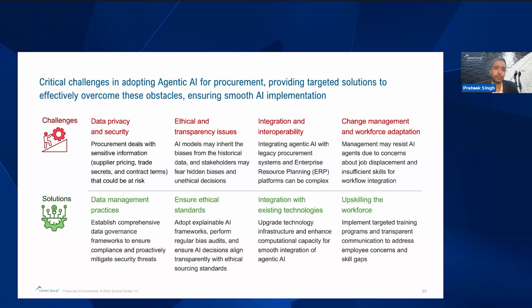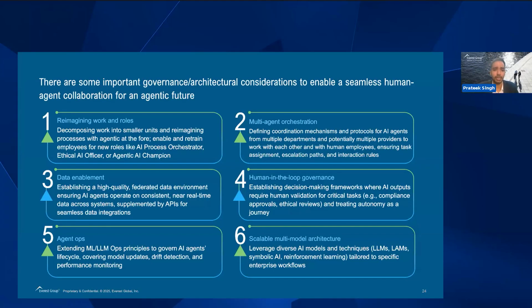Aligned to that, let's also talk about some of the governance principles that we see with agentic AI. If you move on to the next slide, you will see some of the key areas where we see this panning out. Aligned to the last point that I discussed, it would be around reimagining the work that you have within procurement and the roles that people have. And the beauty of agentic AI comes from the multi-agent orchestration. So how do you ensure coordination between different AI agents so that all of them work towards the same goal